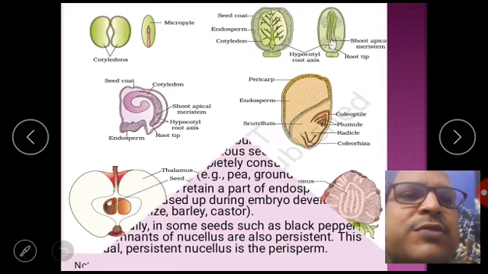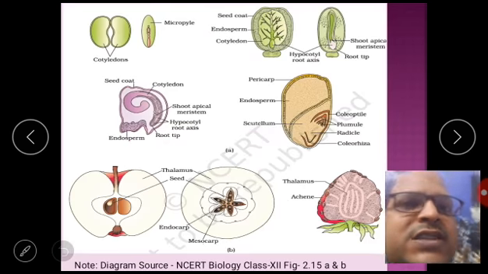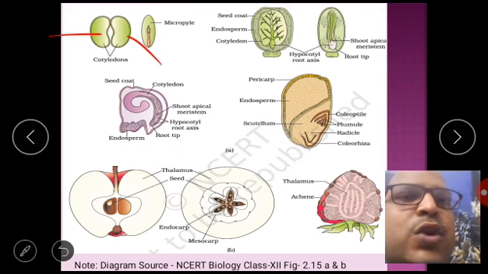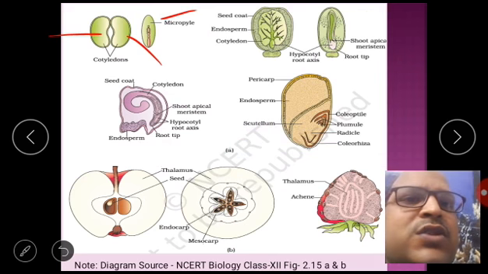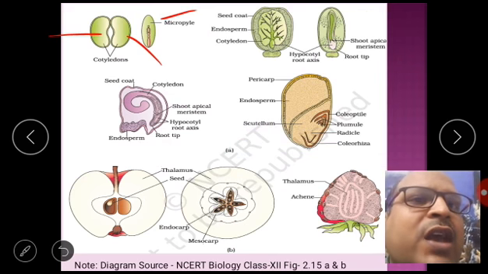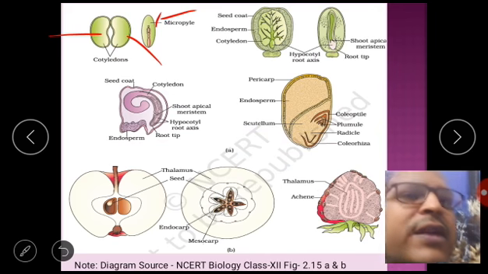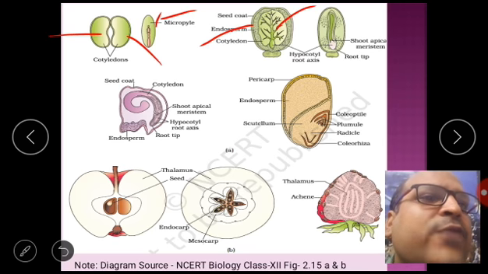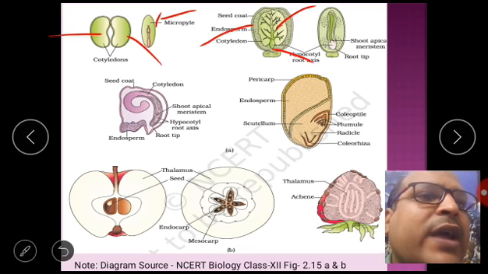Now just see, this is the structure of a seed. Here these are two cotyledons. This is known as the micropyle. In the seed, you see the first thing is the seed coat, then endosperm, then cotyledons. Now you see this region is the hypocotyl region,